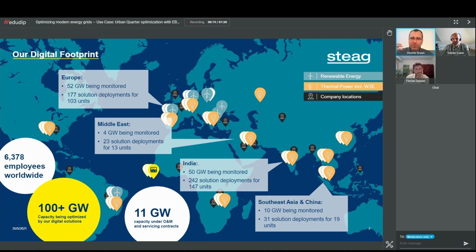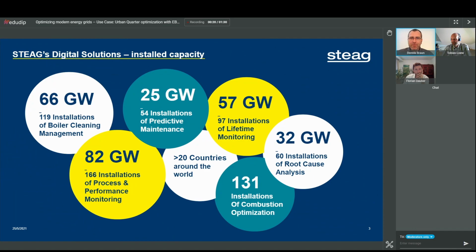We can do many things remotely. Even in times like today, it is very helpful to be flexible, so you don't have to go somewhere and be personally on site. But very briefly, those are the projects and applications that we can do with the things we will look at today. EBSILON is today the main topic, of course, but EBSILON is part of a product family. And here we can see a couple of examples of that.